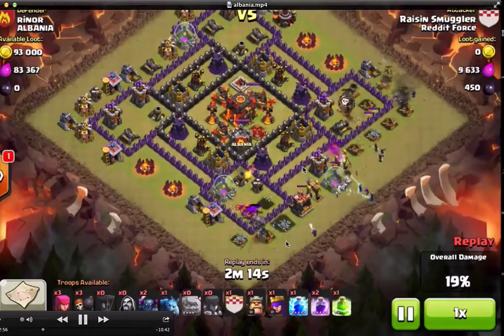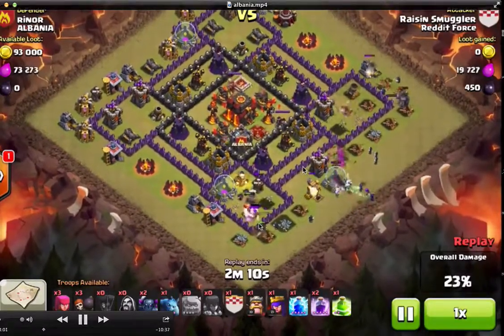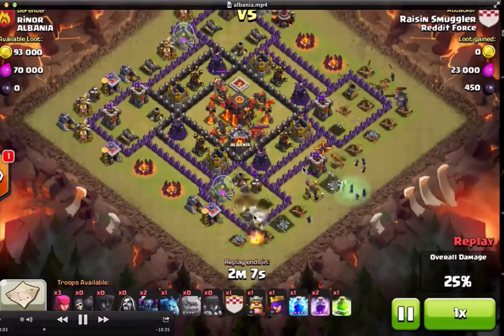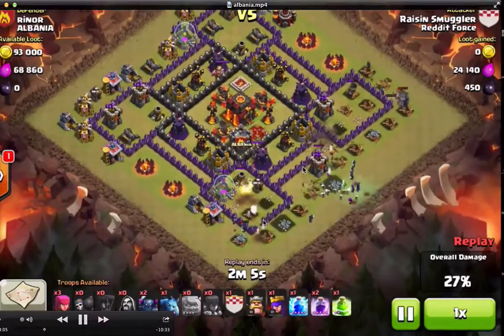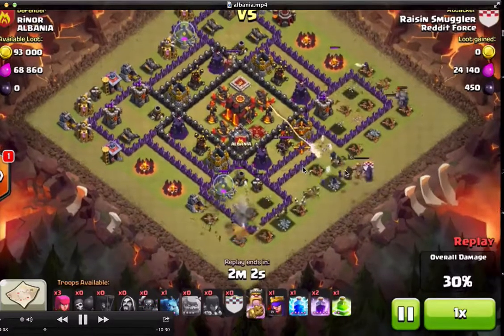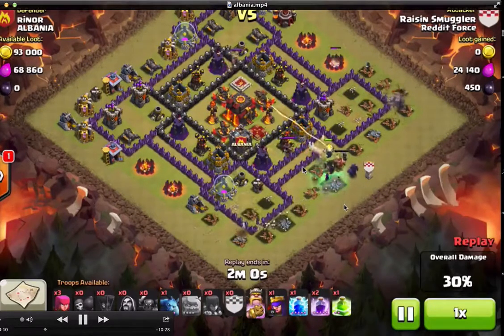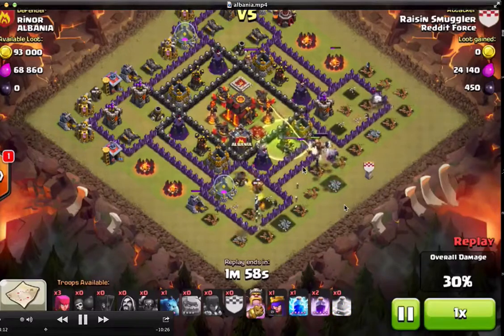So witches and wizards are starting to do their thing. Got a little bit of trouble going on here in the bottom left-hand corner, but the golem and that brace of wizards was able to take them out. Once all the exterior buildings are down, it's time to start dropping in the tanks. This is going to be 2 P.E.K.K.A.s, the king, as well as a couple of wizards, and then the witches